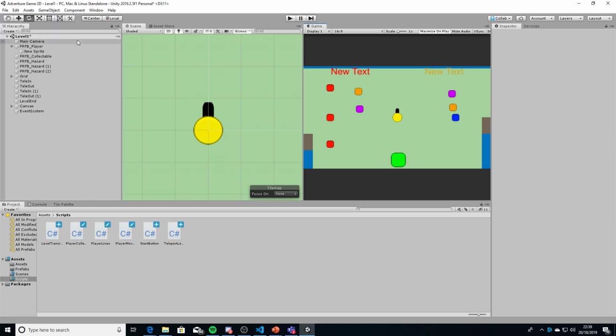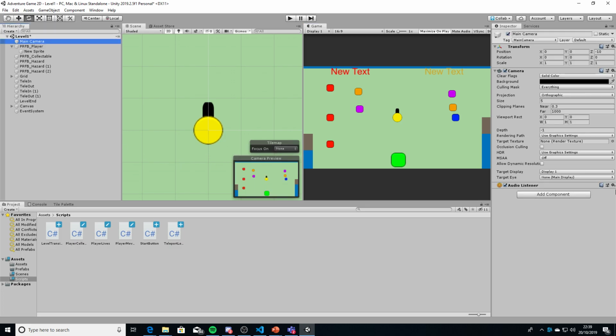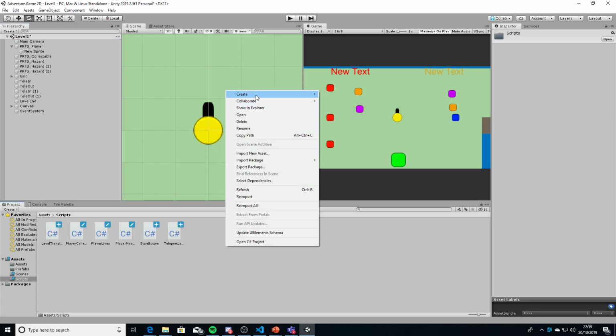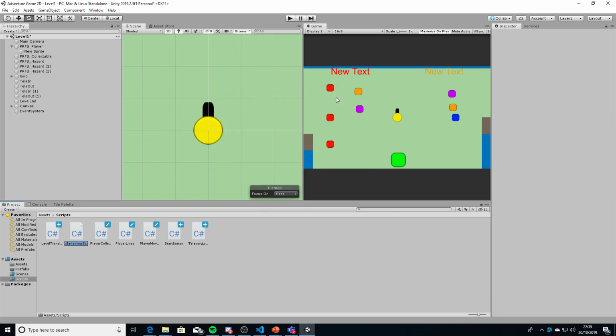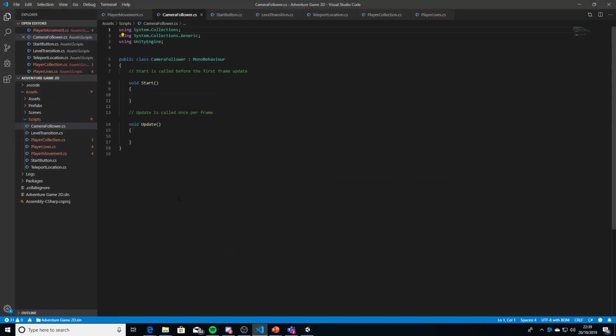This is quite a nice easy script, to be honest. It's a script that's going to go on to the camera. So I'm going to right click, create a new C# script, and I'm just going to go with camera follower. Let's give that a second to load. Cool. Right, so straight away